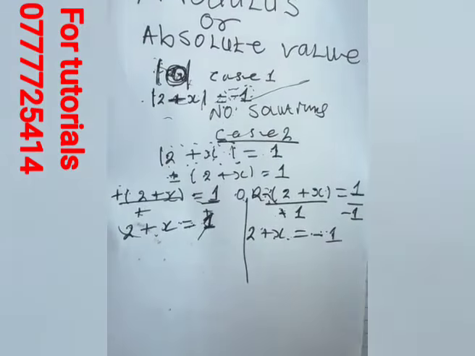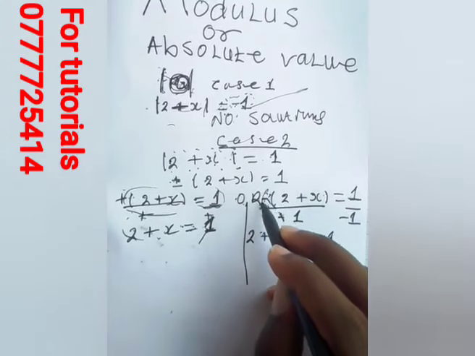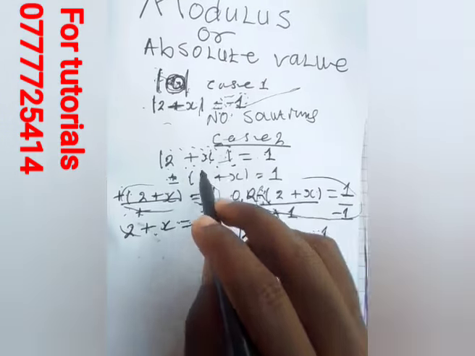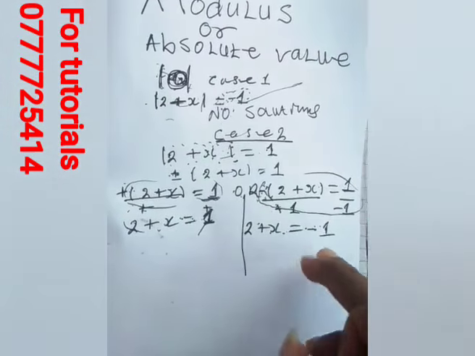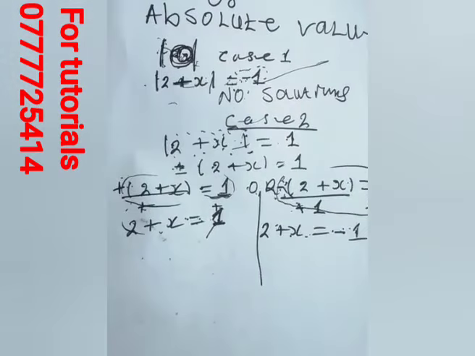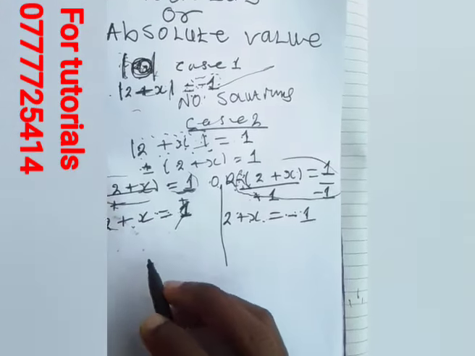So whichever way, but I won't be showing you maybe this part. I don't know if you've observed, the majority of the tutors, they don't show this part. They will just show that they have written this twice, where the first one is just having positive, then the other one is having negative. So this is where the sign comes from. So this is the case. And then the other case is whereby,